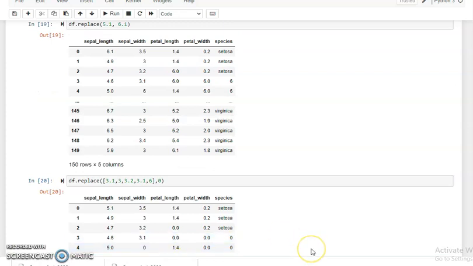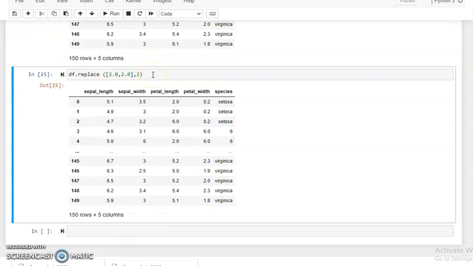Now you can see that all values are not changed. Why is it not changed? Because the replace function replaces all values in the list with this numerical value. Suppose we write here 4, so the values 0.2 and 0.2 in our data set are replaced by 4.